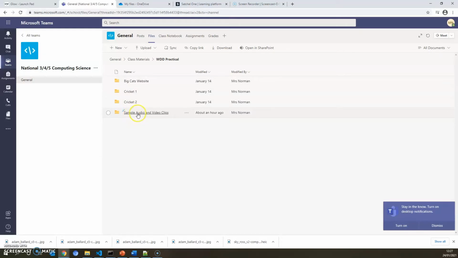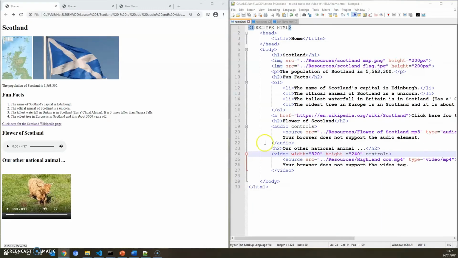called Sample Audio and Video Clips. They're nothing to do with countries. We've got a sound file called Kalimba, very entertaining, and a big long video about Pie Game. Now we know that they work, so if you want to download those and add those, that's what the exercise involves, please, just making sure that you can add sound and video. It doesn't have to be relevant. Please don't get bogged down searching forever trying to find